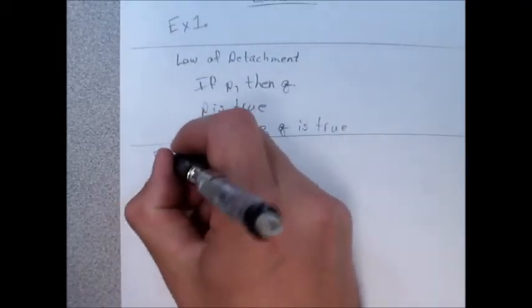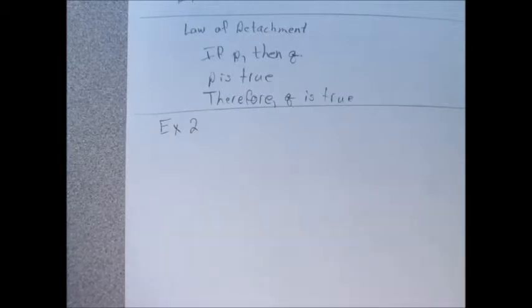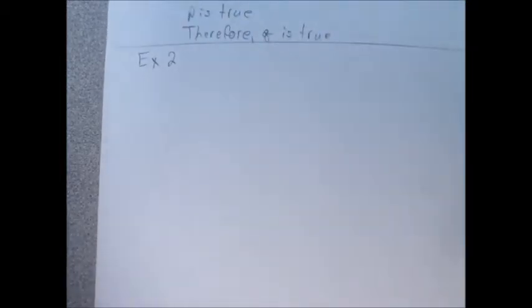So example 2, and we're going to practice this just a little bit more using that law of detachment. And again, I'm just going to say these out loud, so try to follow along in your book. When it is cold outside, I wear my warm jacket. It is cold outside today, therefore, I will wear my warm jacket. Obvious, right? On B, if an angle is acute, then it cannot be obtuse. Angle D is acute, therefore,